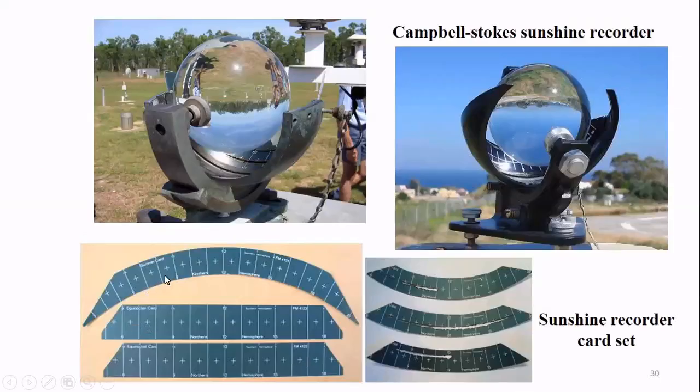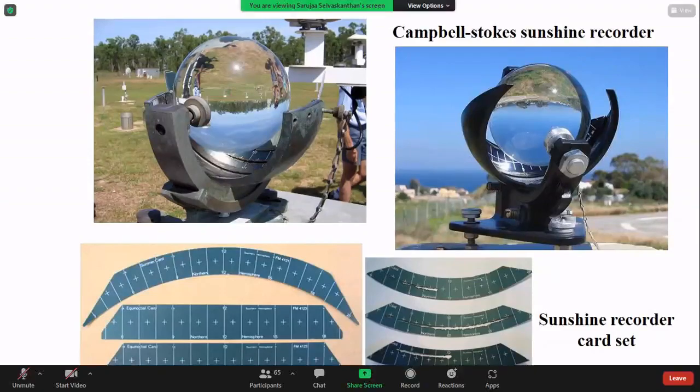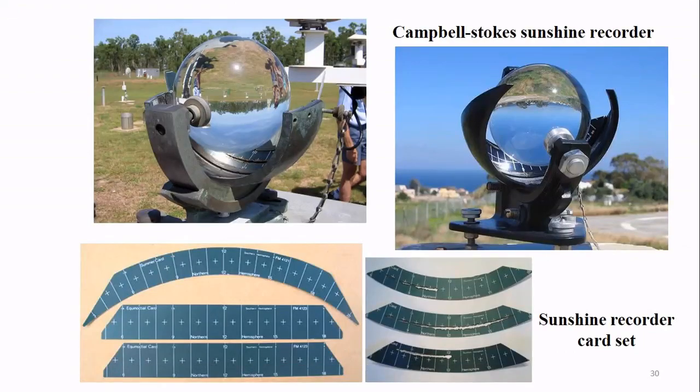In this card, if sunlight occurs heavily and is absorbed here, there will be a chance for burning. You can see it is visible, the burnt one. In this picture, you can see that from the start to the end, the burning occurred fully. Here a partial one, here also a partial one.